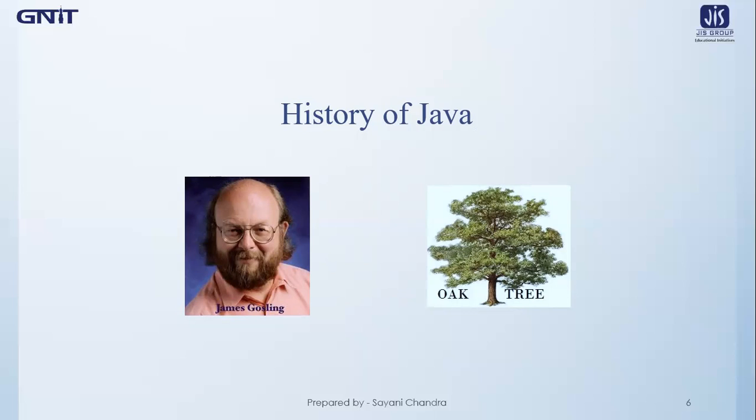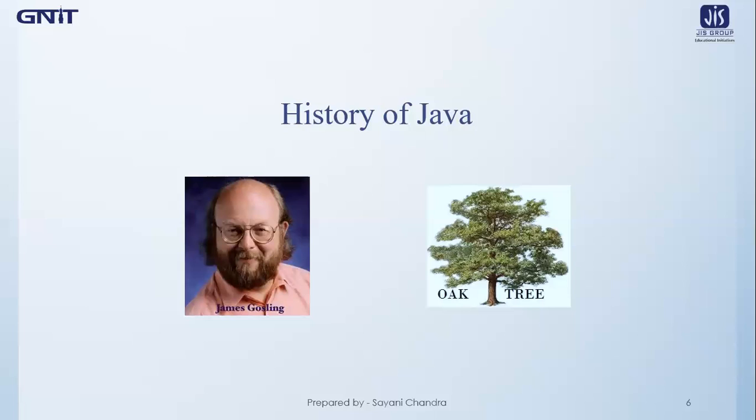The team gathered to choose a new name after Oak. The suggested words were dynamic, revolutionary, silk, jolt, DNA, etc. They wanted something that reflected the essence of the technology: revolutionary, dynamic, lively, cool, unique, and easy to spell and fun to say. According to James Gosling, Java was one of the top choices along with Silk. Since Java was so unique, most of the team members preferred Java over other names.